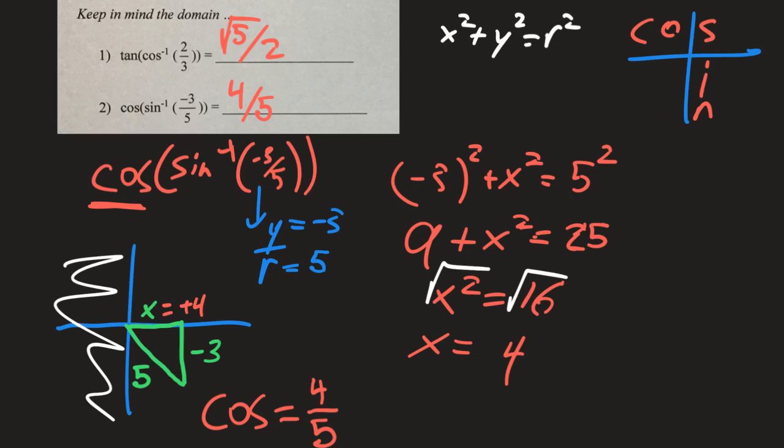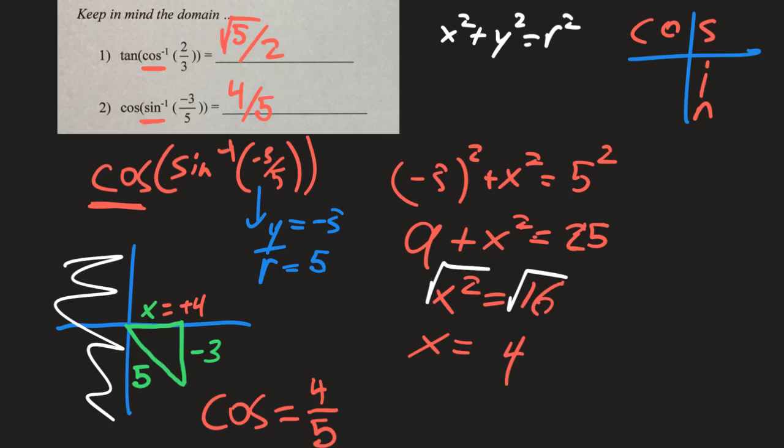Now remember, you only do this domain check for the inverses, so I did it for sine, not for the normal one, okay? So for problem 1, I did it for cosine, but I didn't do it for the tangent, okay? Those are already fixed, but the ones that are inverses, we have to make sure that we're careful about